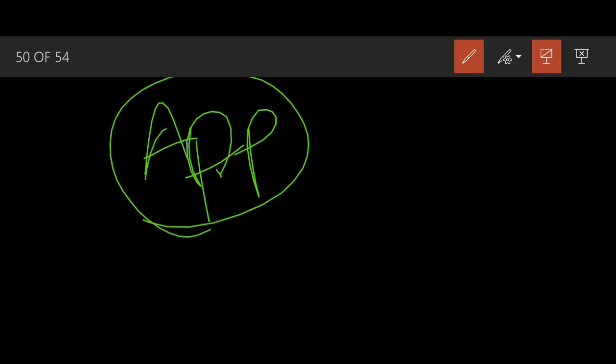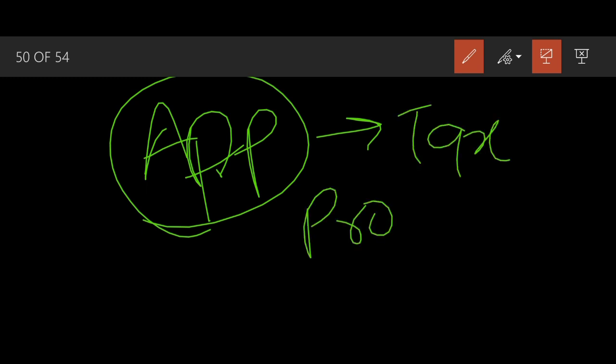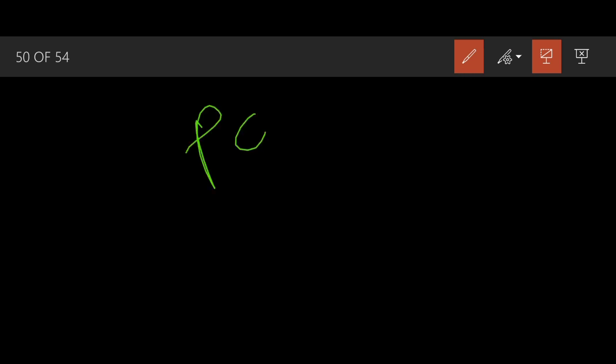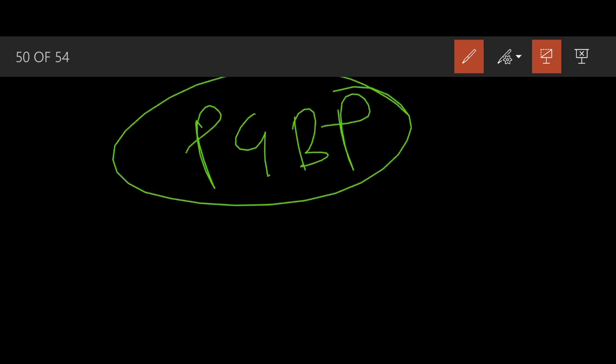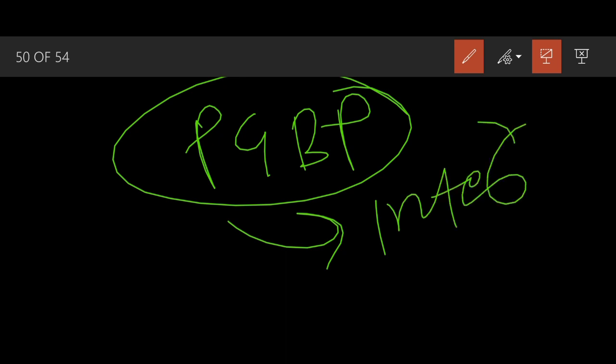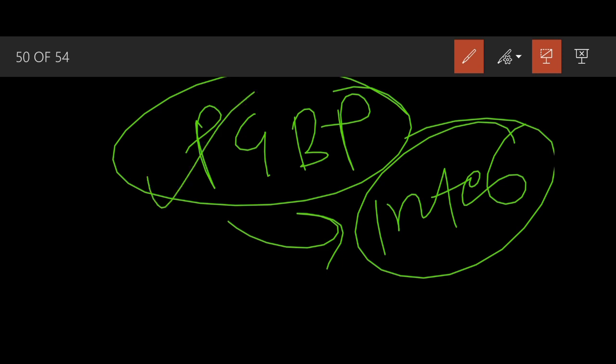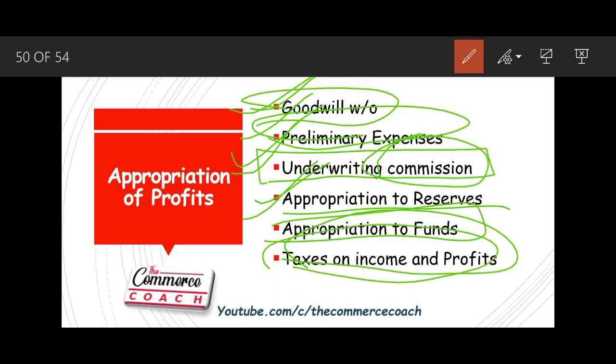Taxes on income and profits. Appropriation is only done when you earn profits. So you pay tax only when the profits are there, as per income tax. You pay the tax on profits only, you do not pay taxes on loss. In PGBP, profits and gains from business, which is dealt with in CMA Inter and CA Inter direct taxation, for understanding purposes, any income arising out of profession or business will be taxed under this head. Only income and not the losses. That is why I have written this taxes part in appropriation, because if no profit is there, then no tax will be there.